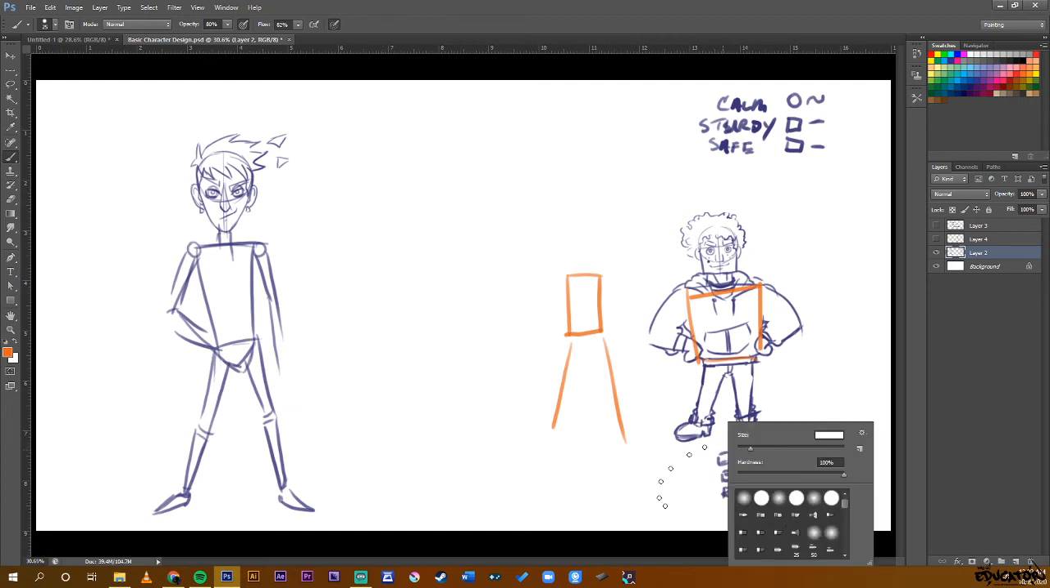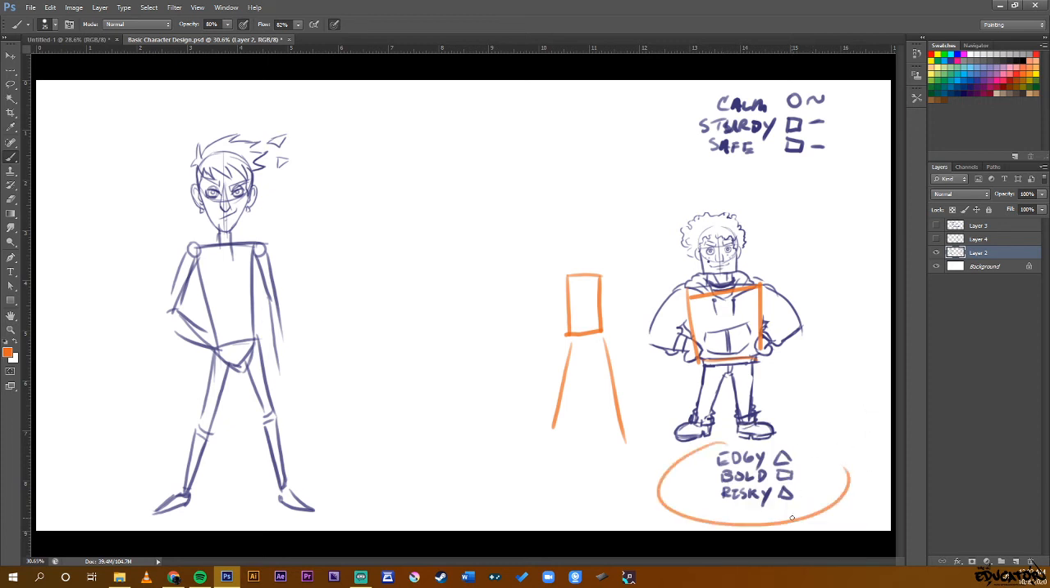So you're going to write down 3 of these adjectives and figure out which shapes make sense to go with those words. Right? Edgy, triangle, bold, square, risky. Use some words that I probably didn't use that make sense to you that seem to line up with which one of these shapes you would use. Right? And then